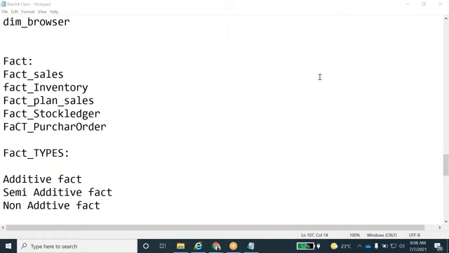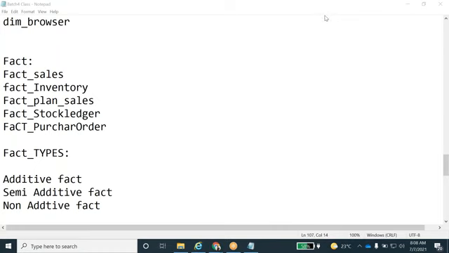No, so you have to tell some terminology. Additive fact, it is like we can sum up through all the dimensions in the fact table, and the columns could be amount, quantity, something which has some numerical value, and that can be summed up.